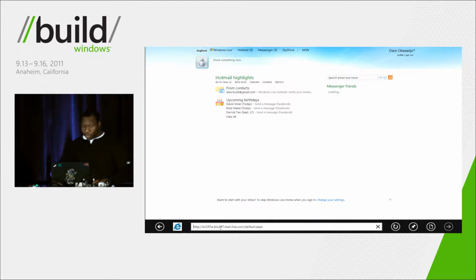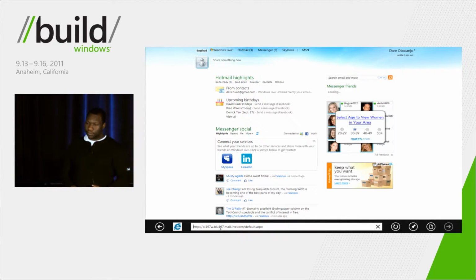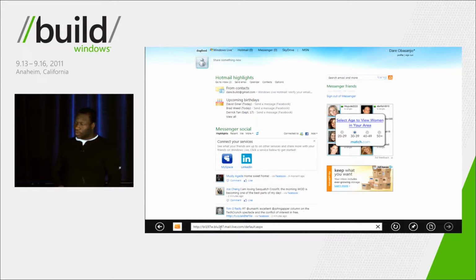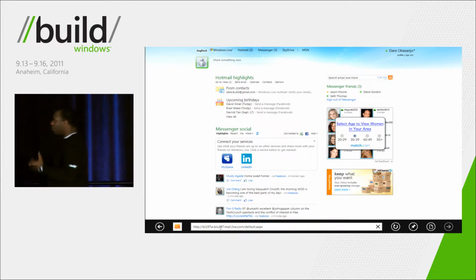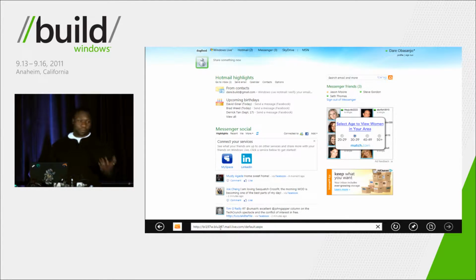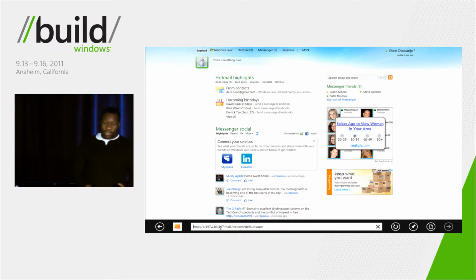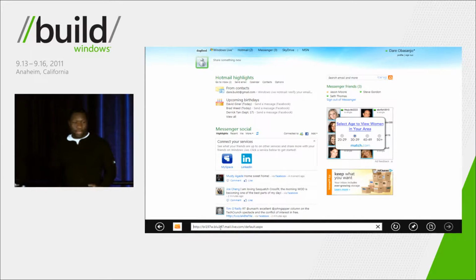Again, you'll notice that I didn't have to sign in. I just hit hotmail.com, and instantly, my personal information is right there. My name, my contacts' upcoming birthdays, my mail, what have you.